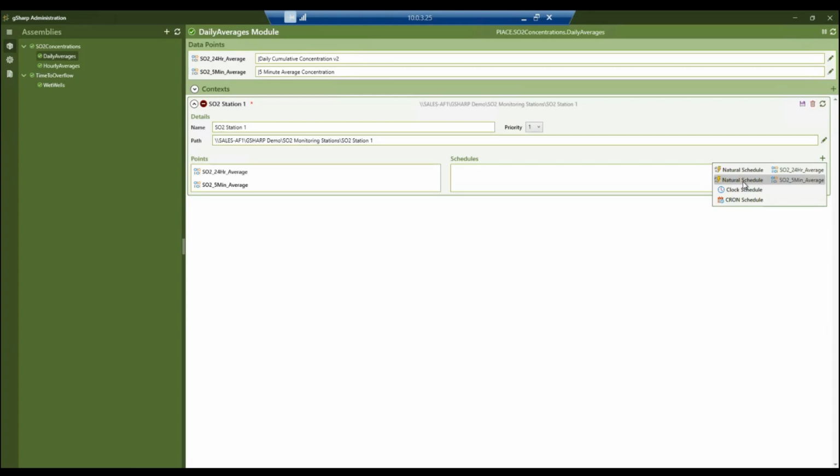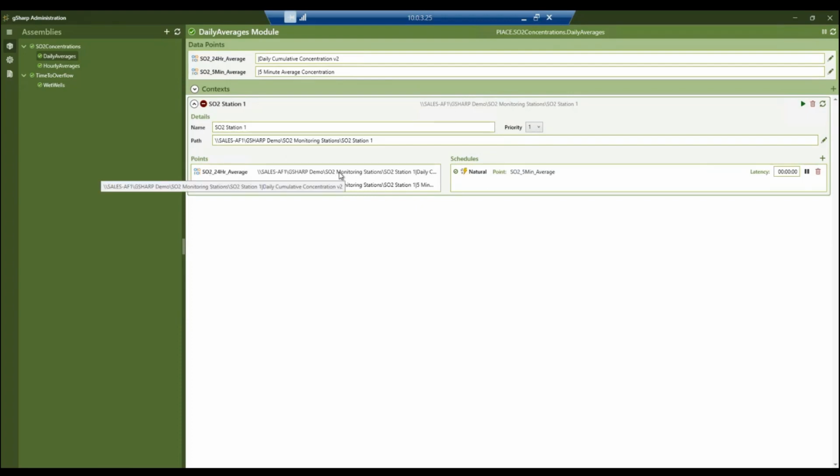So we'll start with a natural schedule on the 5-minute average. We need to save that. And notice also now that we have that in place, that the points have resolved to the appropriate attribute in the context of station 1.